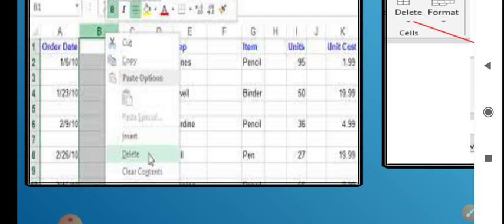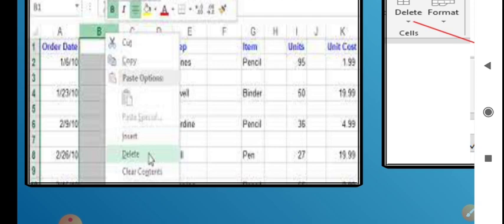After selecting the range of cells, press the delete key on the keyboard. There are 2 to 3 options from which you can delete the cells or delete the full row or full column. The first one: select it first, then press the delete key from the keyboard to remove the contents of the selected cell. Or you can right click.